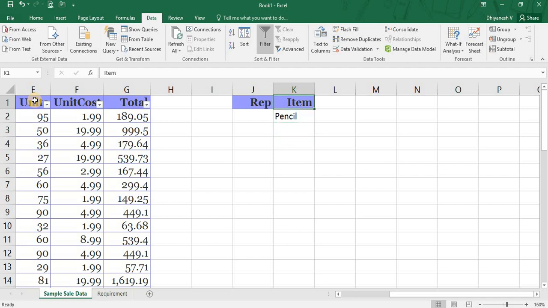And for your instruction, the first row, that is the column header which we are looking for filtering, should be case sensitive, and it should match the same characters available in the original data table. If either a space or a dot is available extra in the criteria range, the advanced filter option will not work. It should be the same replica of the heading used in the original data range. If it is REP, you have to use only REP. If you use REP space, the advanced filter option won't work. If you use item space, the advanced filter option will not work.